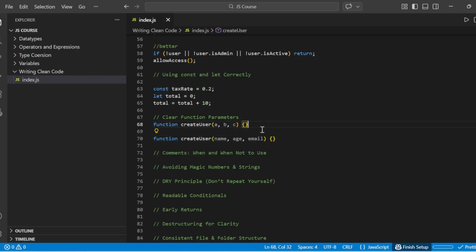This works, but we have no idea what A, B, C represents. And clear parameter names make function usage obvious and reduce mistakes when calling the function. And if you have too many values, you can use an object